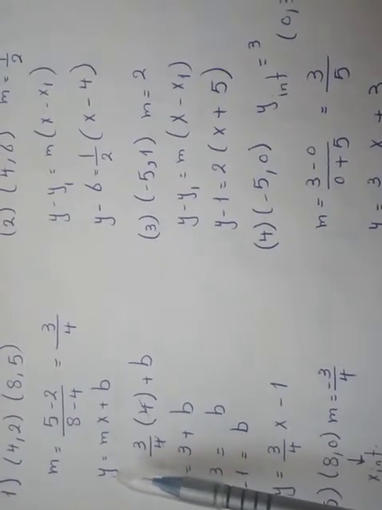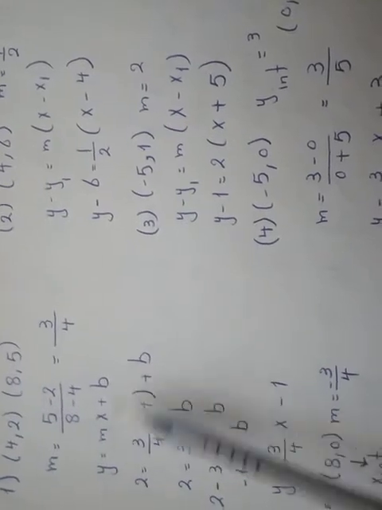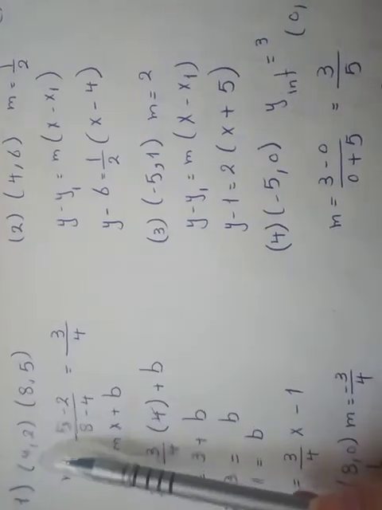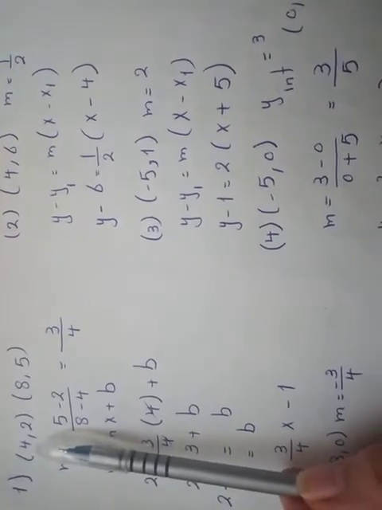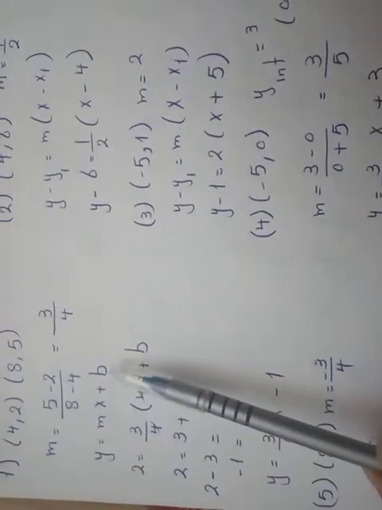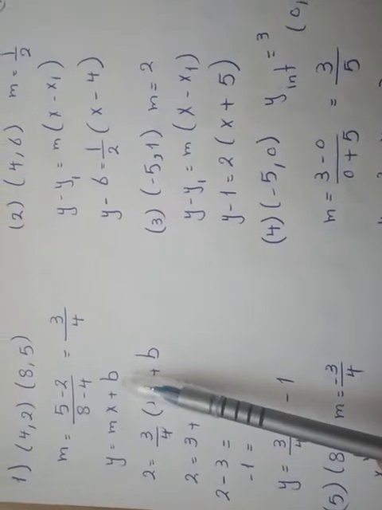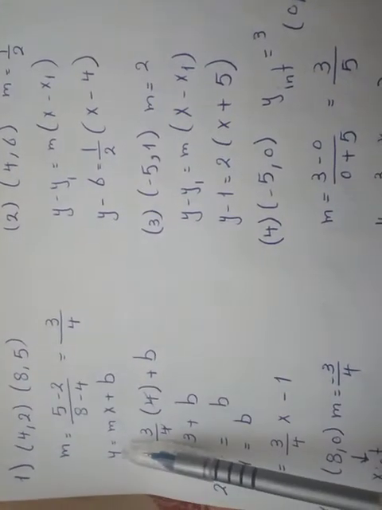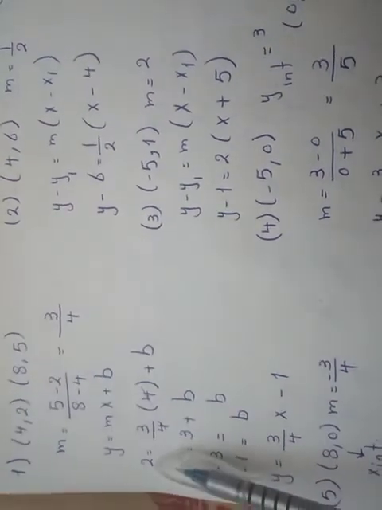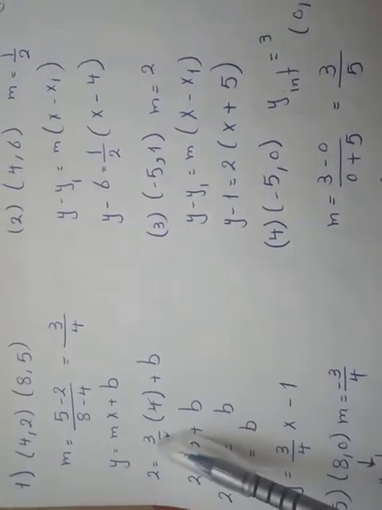The equation for the line in slope-intercept form, y equal mx plus b. We know now the slope, and we have 2 points the line passes through. Choose any one of them and evaluate in this equation, because any point on the line makes the equation correct. So y, what is y? If I choose the first point, the y is 2. So 2 equal, what is the slope? The slope here is 3 over 4 times x.